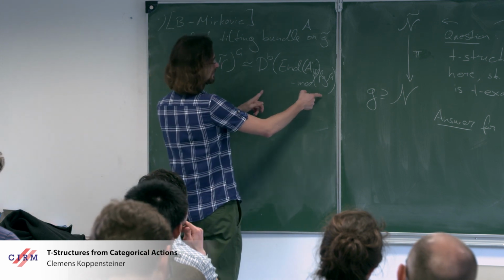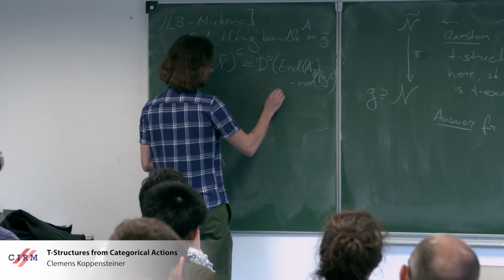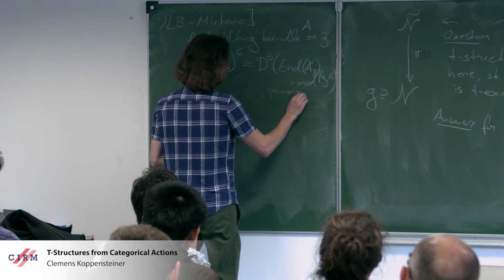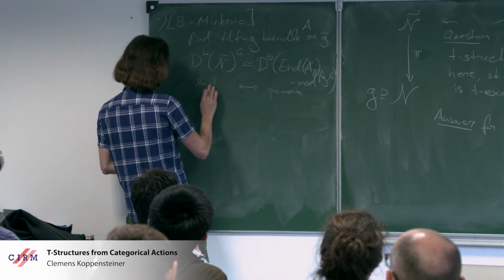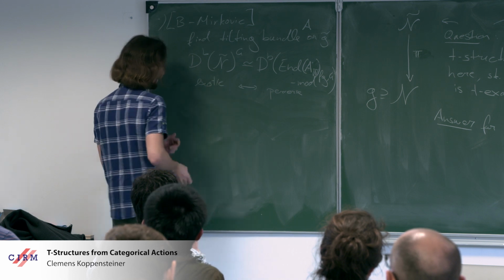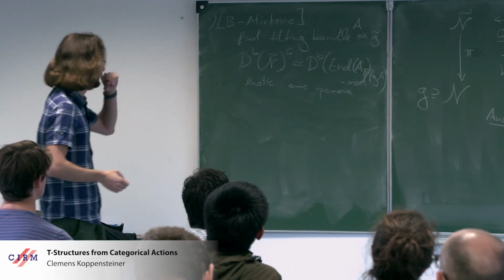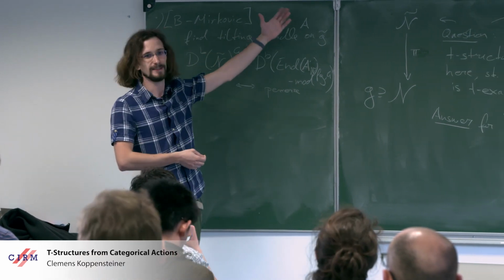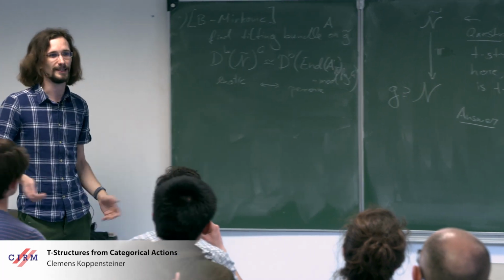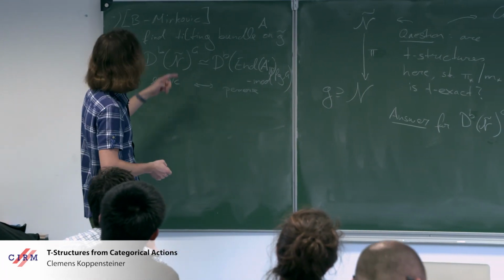And now you can take some natural t-structure here. So this turns out to have a natural perverse t-structure, which again corresponds to the exotic one. So from a point of view of generalization, you can always try to find a tilting bundle. But again, that's a very hard thing. And the construction does generalize somewhat,